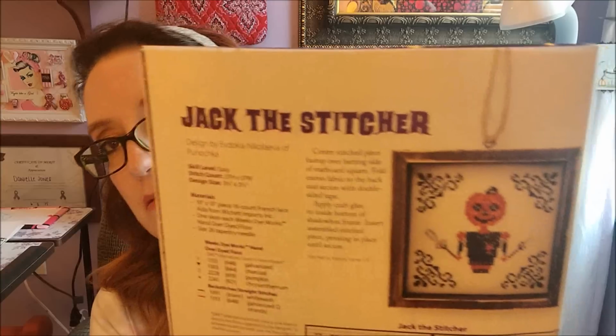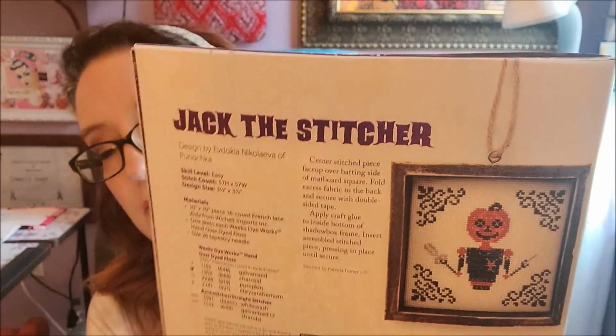Jack the Stitcher by Punaka. Jesus, I can't pronounce anything. And then this one is Fly By Zone by Linda Jeannie Jenkins. And why does that look so... Why does that look very...